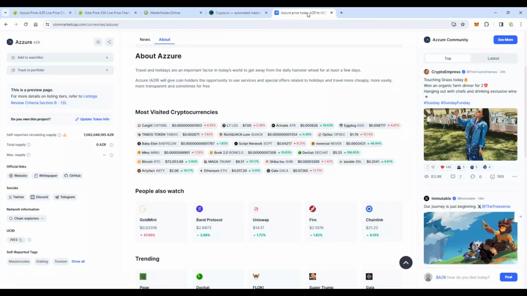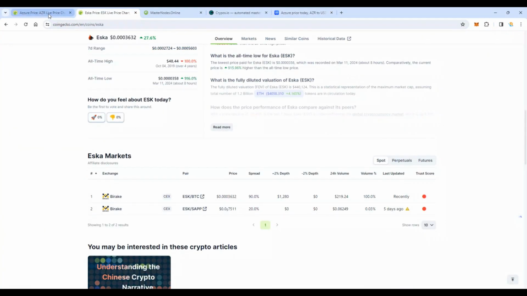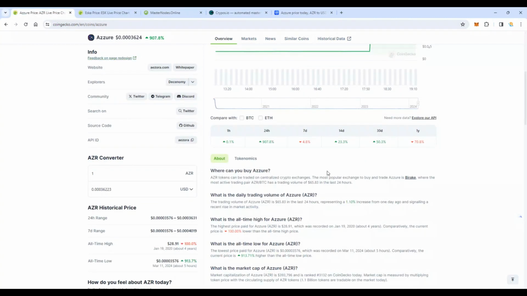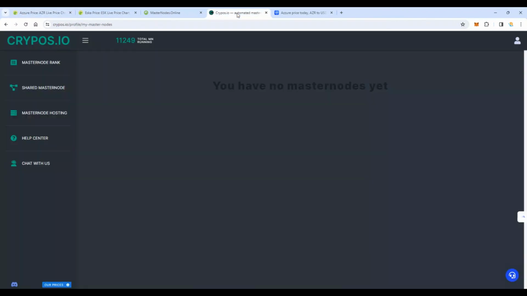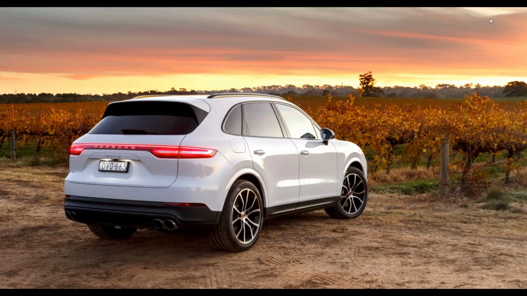It's actually something very easy, only that now getting a good project to participate in is where we find problems. I've never found a good project to participate in for Masternodes. So that marks the end of Masternodes. Tomorrow, I'm going to guide you on